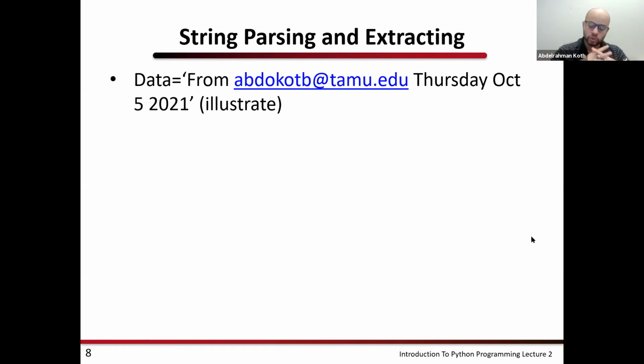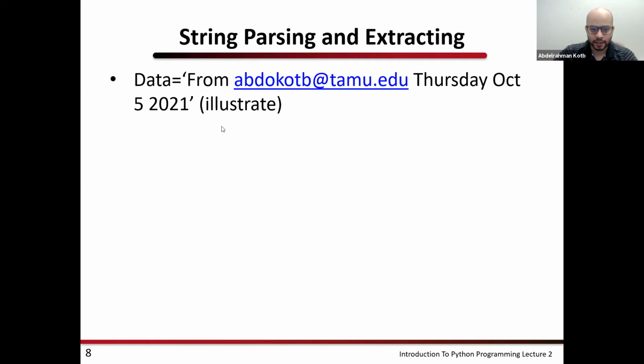Was this written by a person or by a robot? Pretty much, parsing is one of the basic functions of Python, and it's very useful and applied in a lot of languages and a lot of applications.